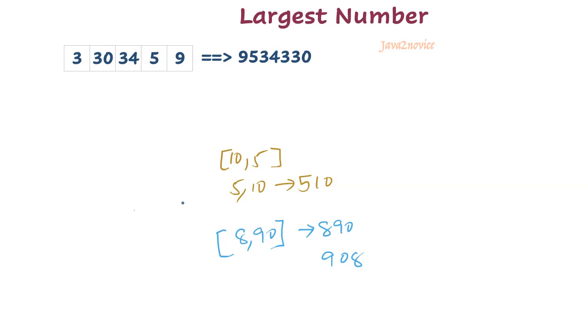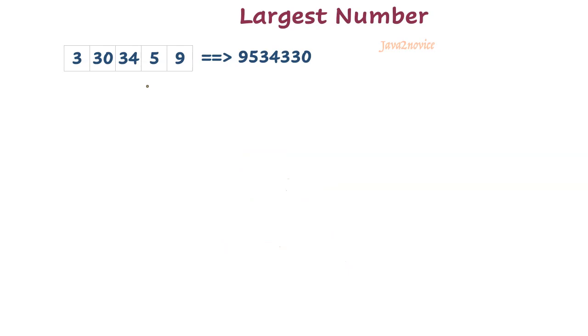Let's understand better. First, I'll clean it up. We are going to take the same LeetCode example input, and here is the expected largest possible number. We will be using two for loops. The outer loop will be used to iterate over the array. We will use i to represent the outer loop index, and it will be at index 0 in the beginning. The inner loop will be used to form possible combinations and comparisons. We will use j to represent the inner loop index. It will be at index 1 in the beginning.